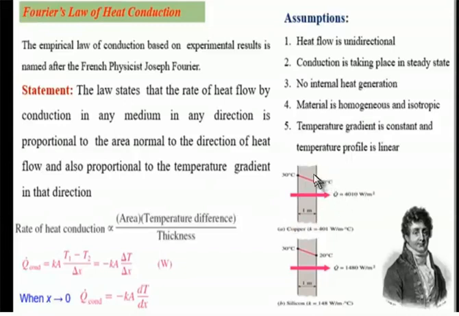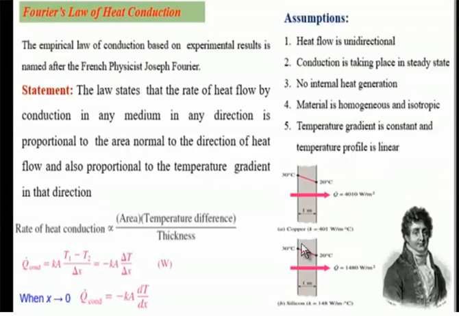If you substitute all these values, that is T1 minus T2 into area, if you find out this area by using this thickness, and put all the values, you will get Q equal to 4010 watt per meter,